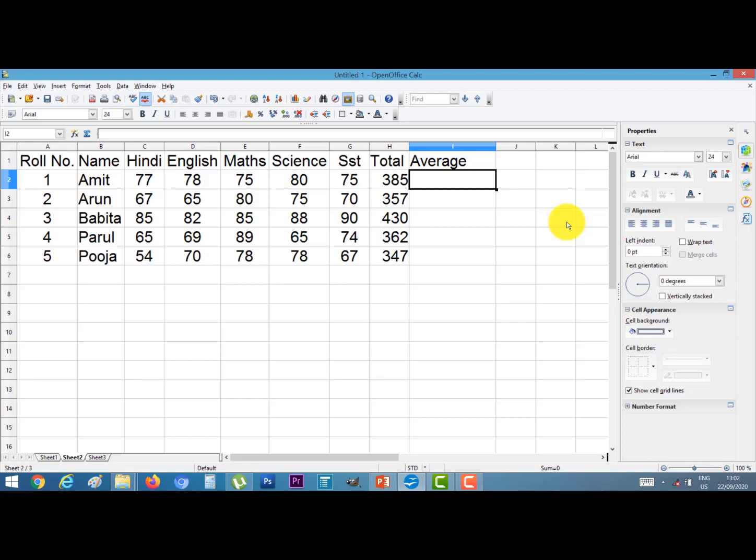So I give a formula equal to average, bracket start, give the cell range. First cell range is C2 colon G2, bracket close and press the enter key. The average is 77. Same as before, click this cell, click the black dot and drag it downward.